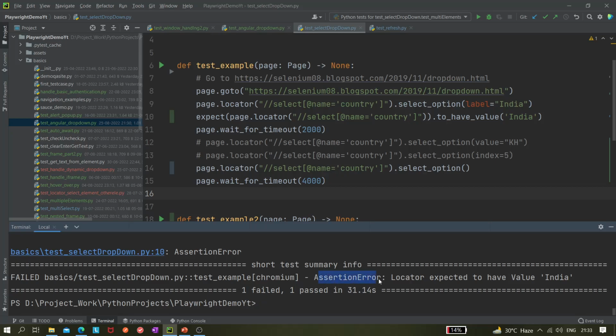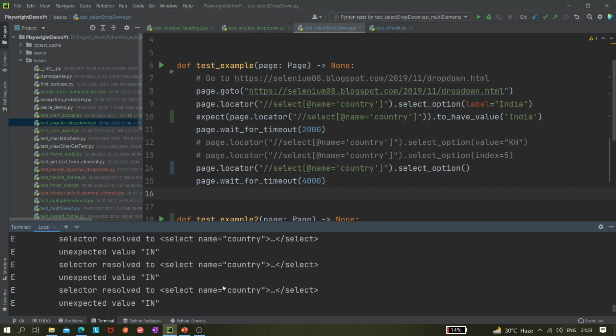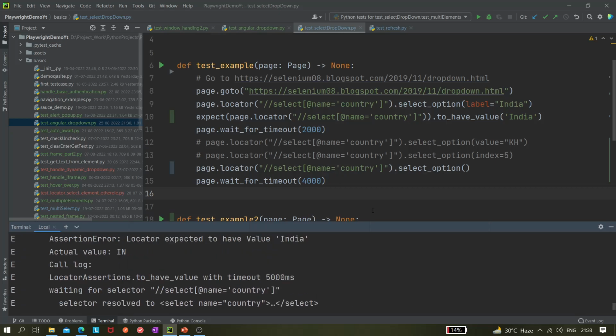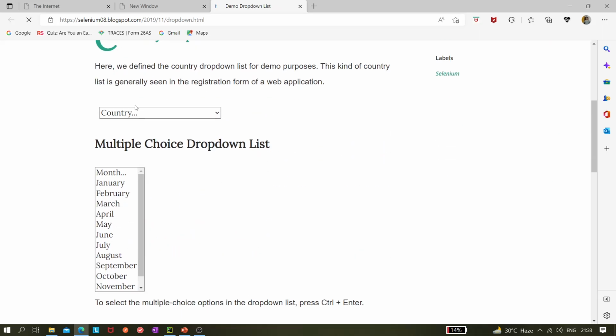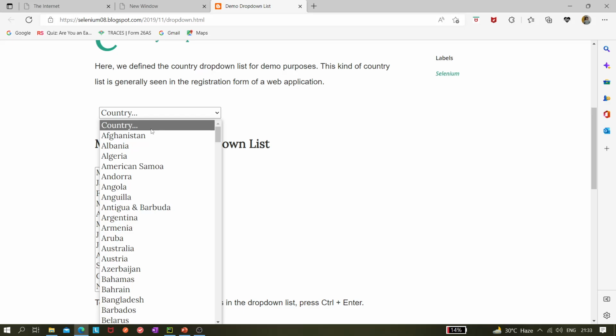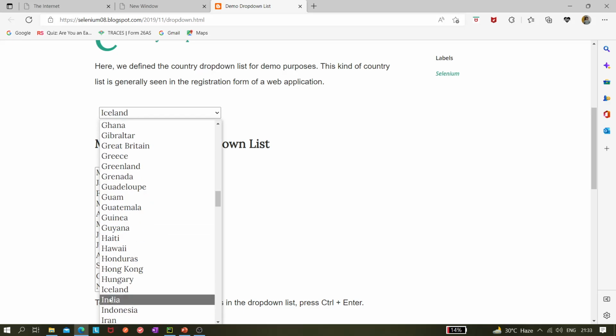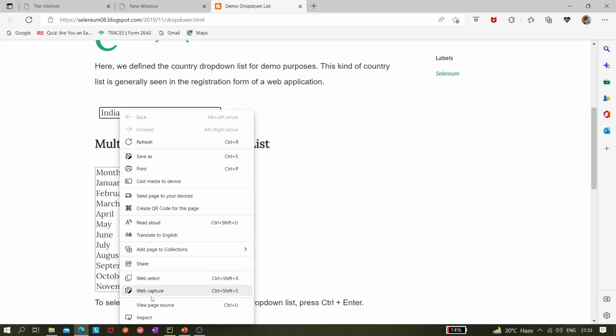Okay, but there is an assertion error. Why? So what was the expected? Expected was India. So then what is the actual? You can see here the actual value is IN. Why is it happening here? Right, so let's see that. So here, if I select India, now it got selected, but the problem is